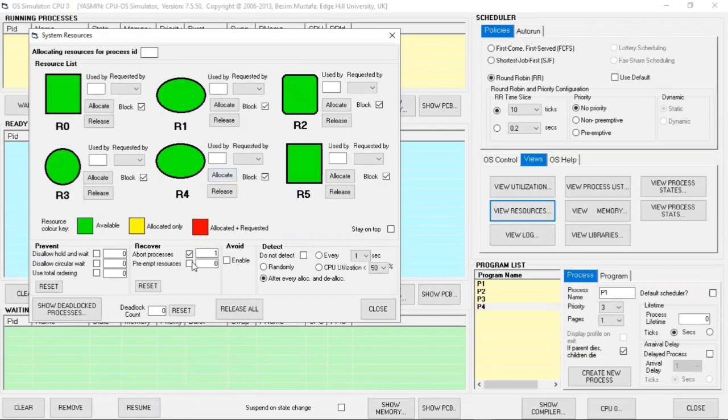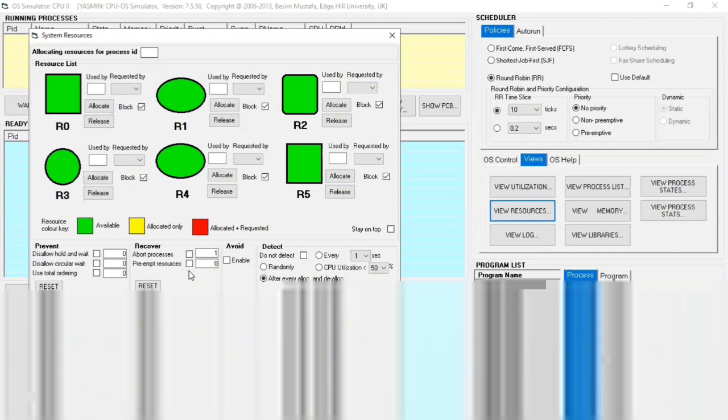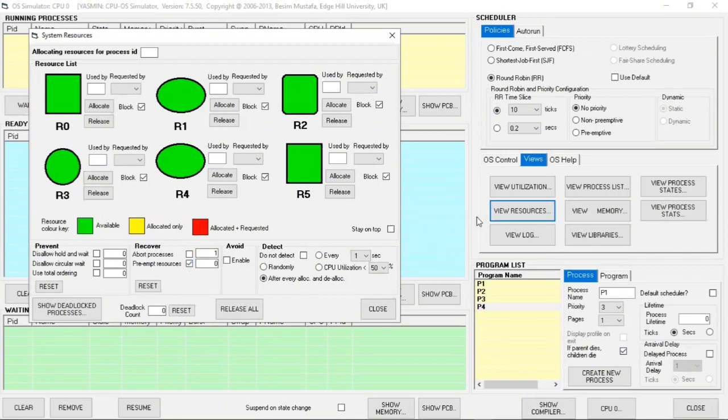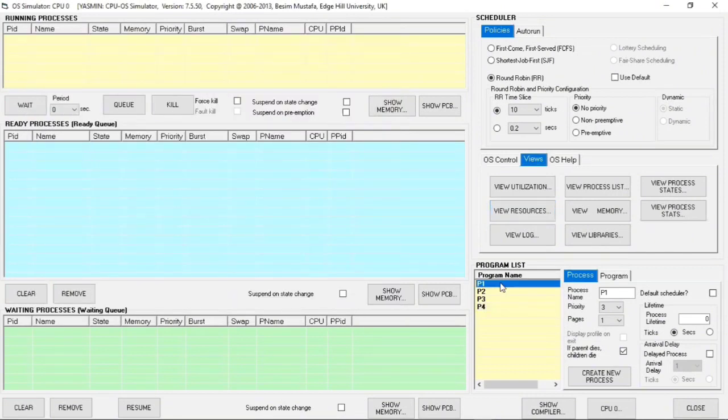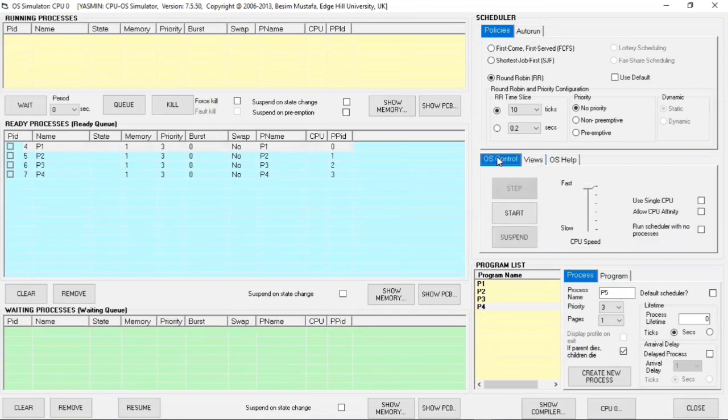And then the second one, we use the preempt resource. Preempt resource is a prevention method that reallocates resources from one process to another so that this process can escape the deadlock condition. So check the preempt resource and then insert all the programs again. After the program is loaded, click Start